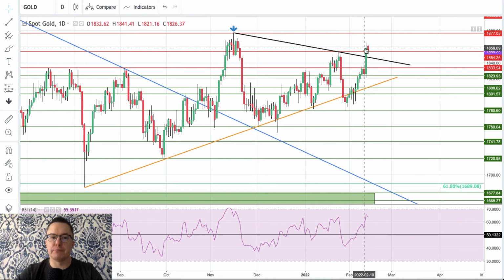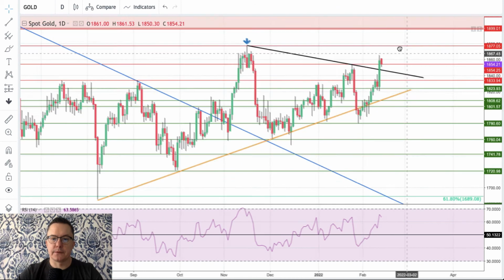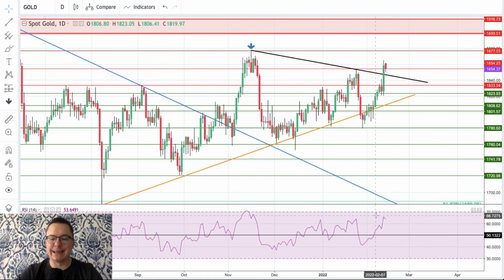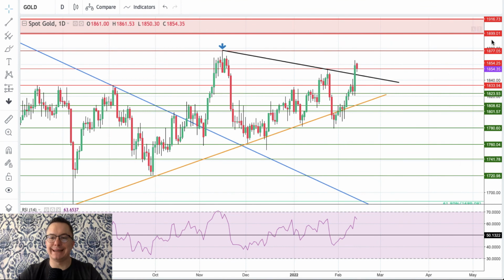We just recently broke above this level, above the trend line and above the level of $1,854 per ounce of gold. Next target, of course, is the high located at 1,876, and if the momentum will stay above the level of 50 and above the level of 60 to keep that strong momentum, then of course we should easily hit 1900,